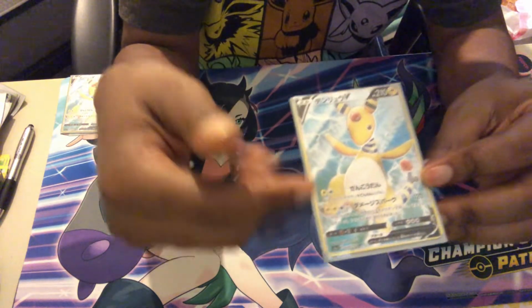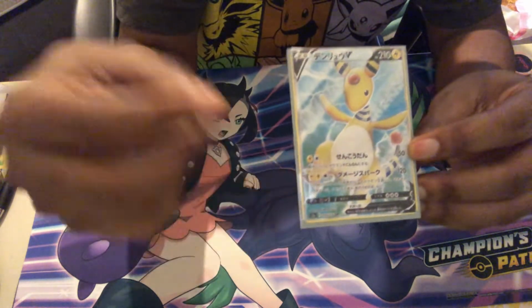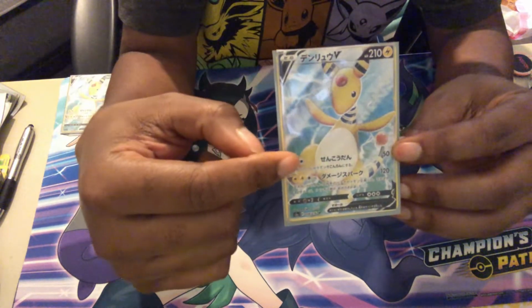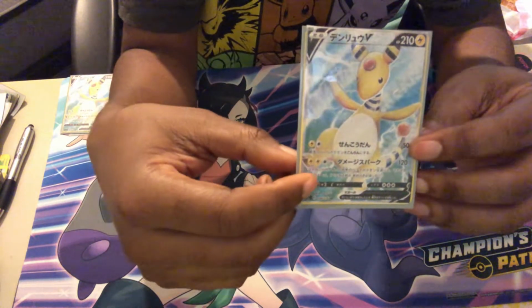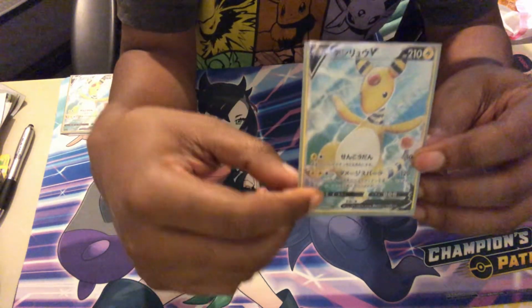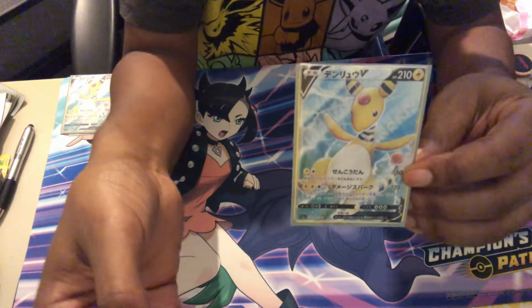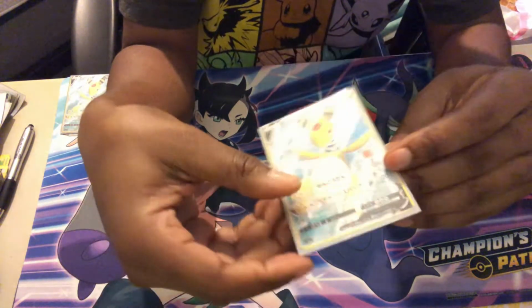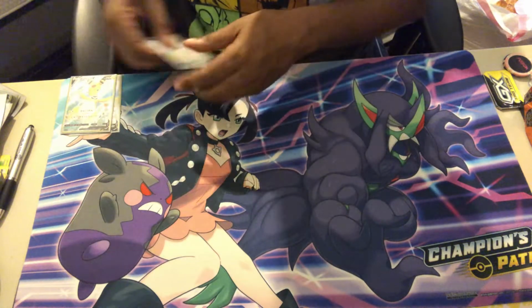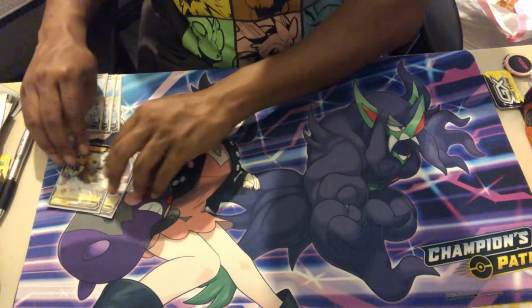It's for lightning colorless. It does 120 damage, and then it does 30 damage to each Pokemon on your opponent's bench that already has damage counters on them. Now that's kind of tricky. So before he attacks, they have to have damage counters on them for them to get the 30 spread. But there's lots of ways we can do that. So we have 3 of those. Then we have ourselves